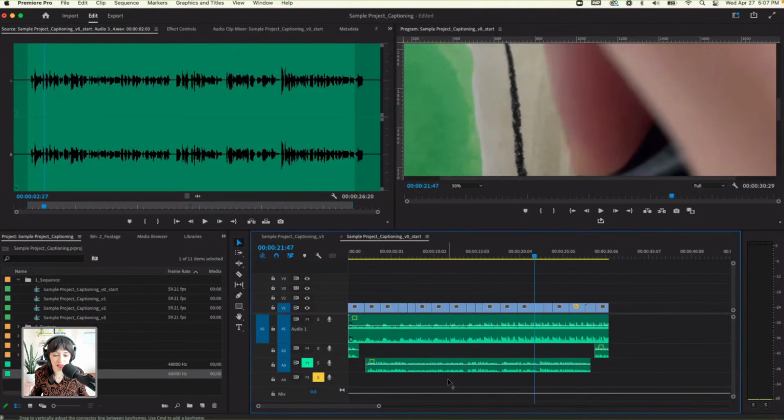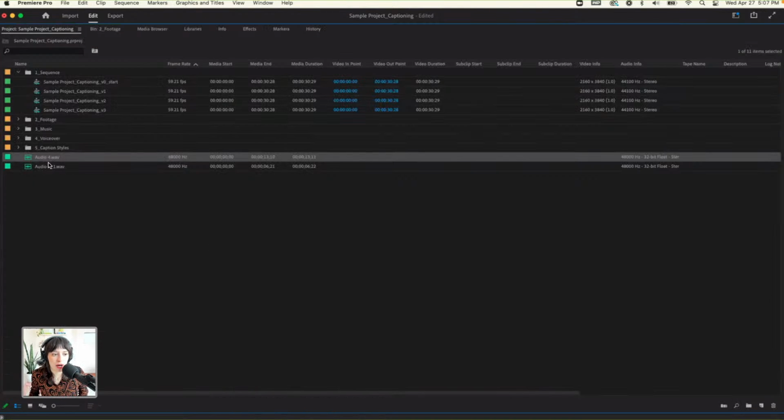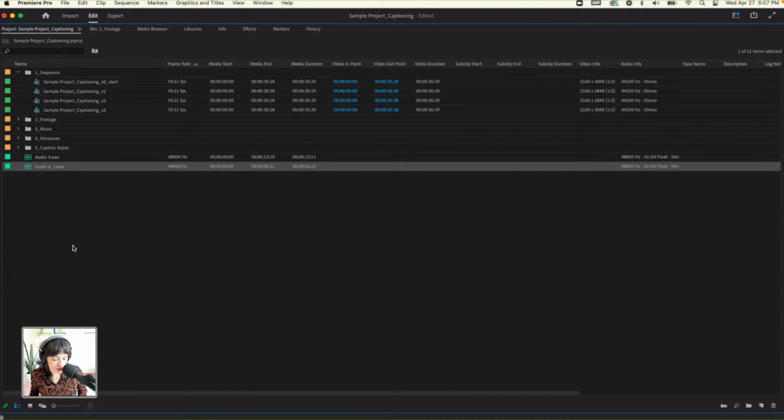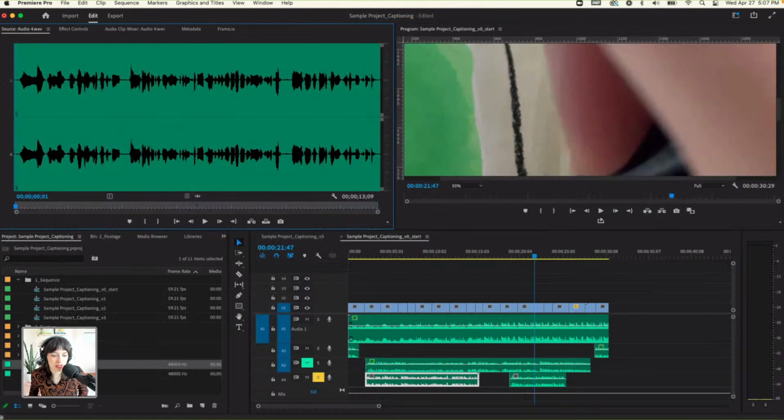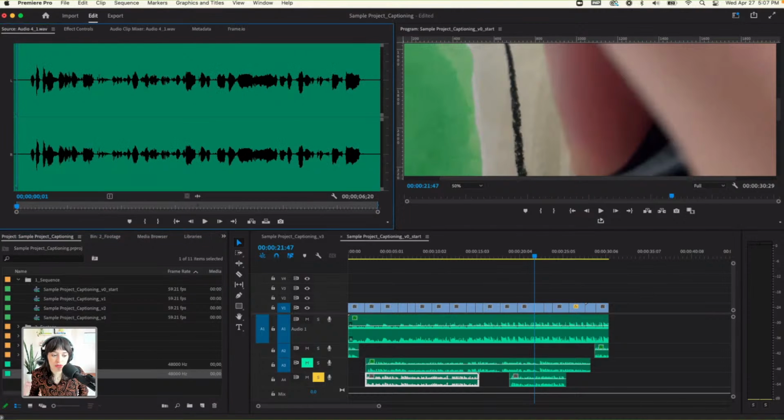auto-generating those captions. Now, let me pop those back on the screen. I deleted them, but I wanted to show you that these tracks, once you record, they just go over here on your project menu. They just start popping up here. Those are those unnamed tracks. You can double click on them and name them. So if you want to rename them and keep your stuff tidy, and I recommend making a folder just for your voiceover tracks. So you can select them and drag them into the voiceover bin as you work on this